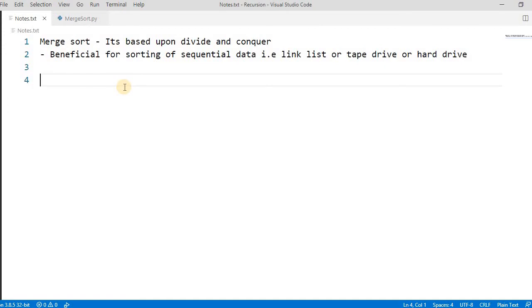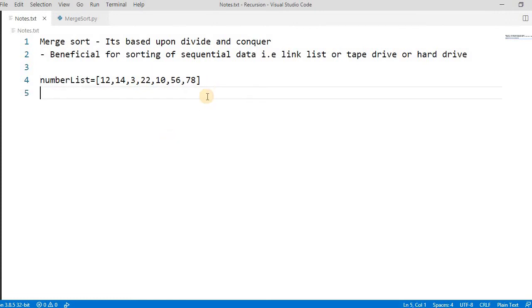Okay, so let's take a number list. We have a list of size seven: 12, 14, 3, 22, 10, 56, 78. First it will find the middle point, which is near this 22.